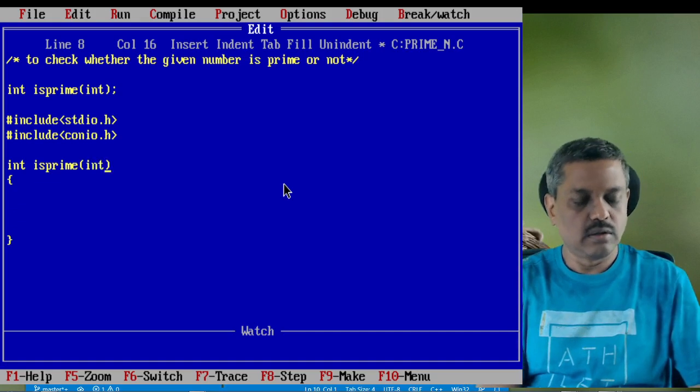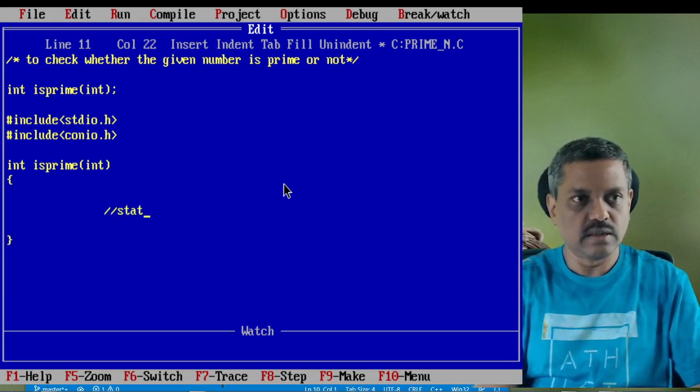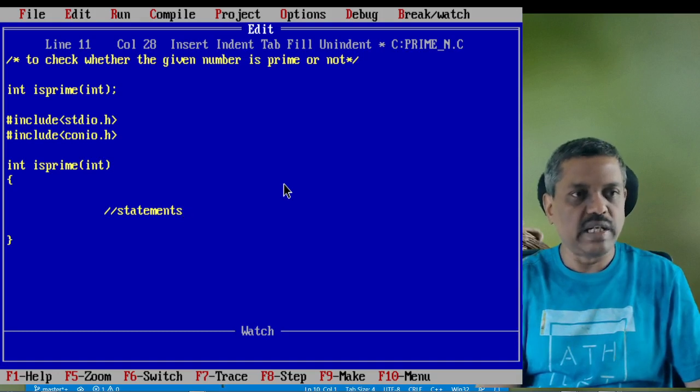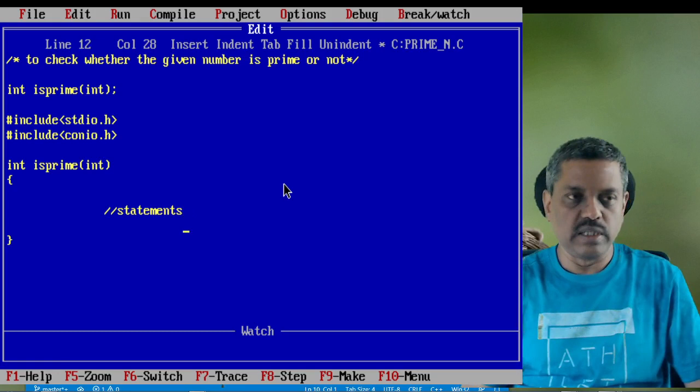We have to keep this separate. All the statements that will be able to find whether the given number is prime or not, we have to include over here.